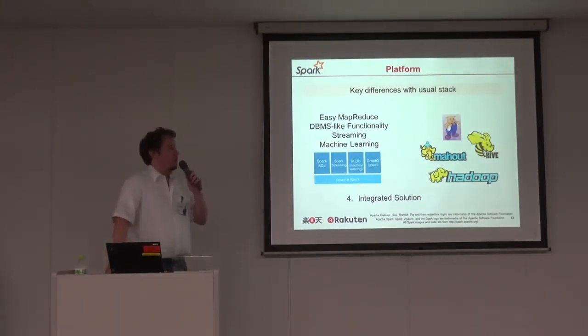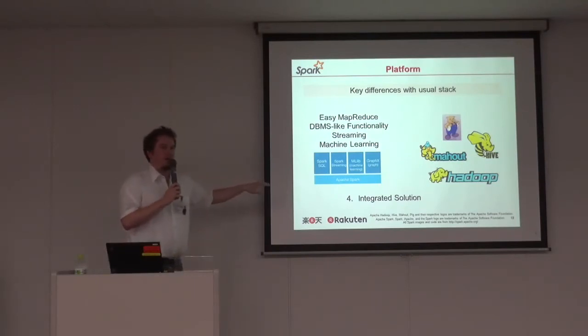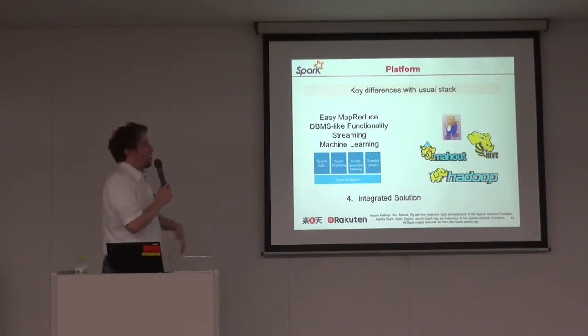And then the fourth advantage is what I mentioned at the beginning, that everything is integrated, right? Whereas before you had to set up your Hadoop cluster, then try to run Mahout on that and Hive and so forth, here you just download Spark and everything is inside the package with higher abstraction. And all the libraries are mimics of the ones on the right, right? It's easier. You have DBMS-like functionalities, training, machine learning.